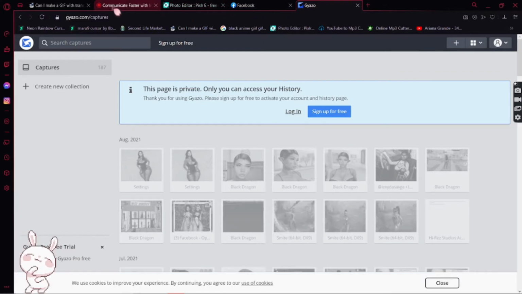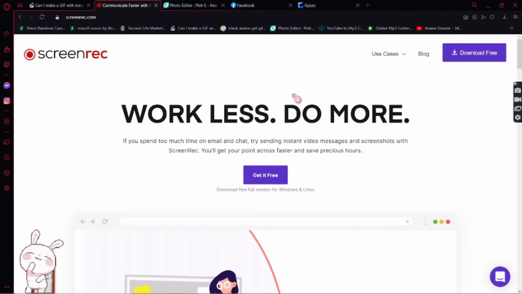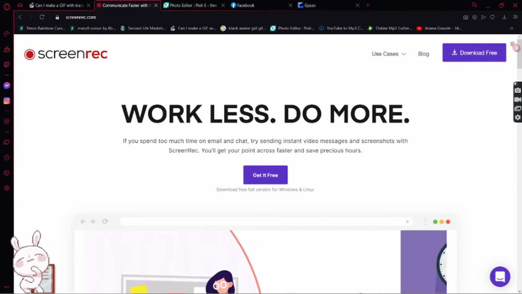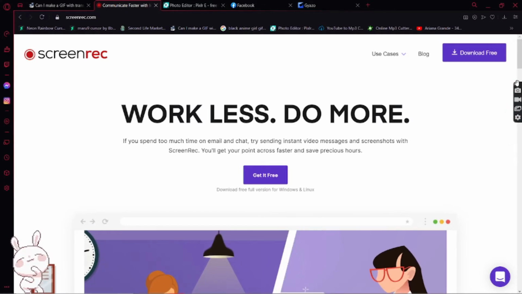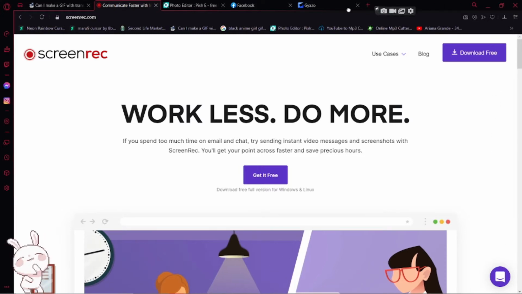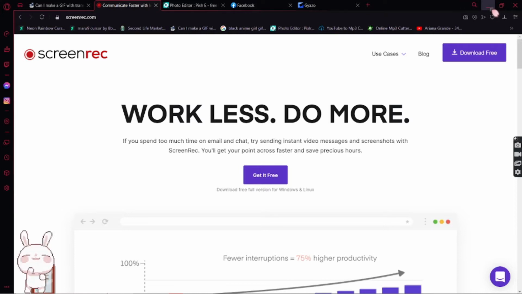I liked using this screen recorder because when you record the screen, it comes out really clear and crisp for me, and you also have a nice little toolbar where you can move it around. You can put it on the edge, on the top, on the side, on the bottom, and there's no lag, no nothing, you know what I'm saying?